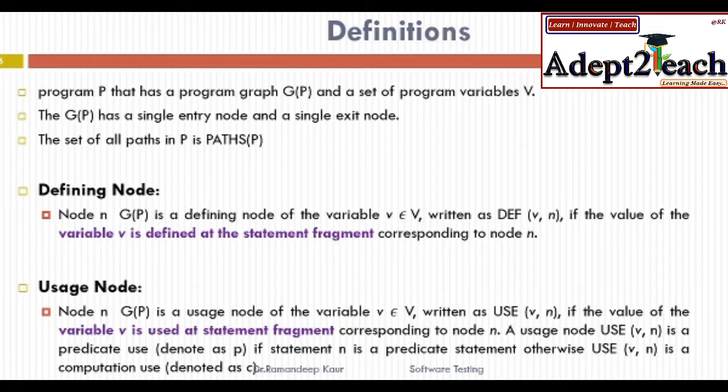So there are some terms that we will be using when we talk about data flow testing. The first term is defining node. Defining node means those statements or fragments where a particular variable receives a value. So those are my definition nodes for that variable. Usage node means when a particular variable is getting referenced or is getting used. So those nodes where the value of a variable is utilized or called in, that is called a usage node.